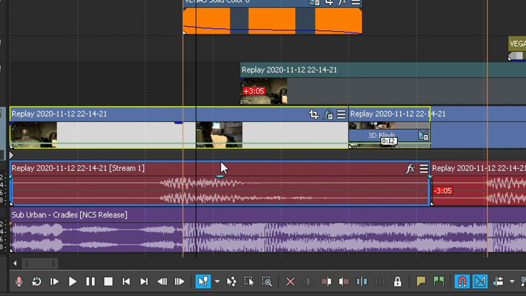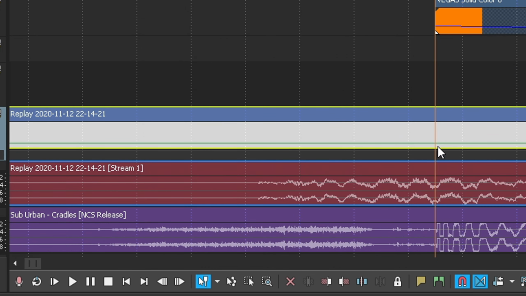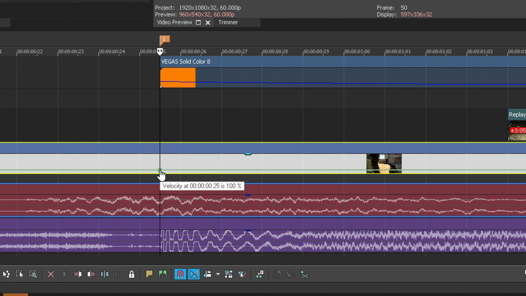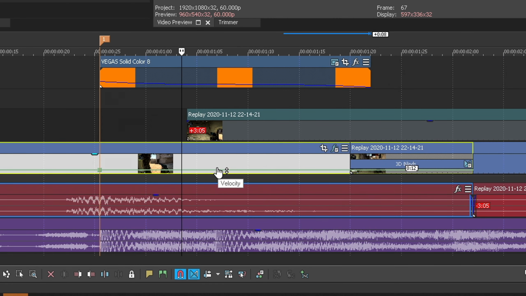So in order to apply slow motion using velocity, let's zoom in for a bit. You need to add keyframes by double clicking on the green line, just like that. This is a keyframe for velocity. And let's add another keyframe when I want the slow motion to end, right here. So this is where it's gonna end.